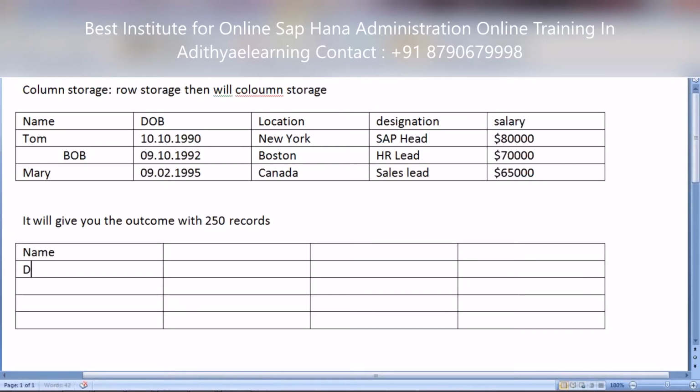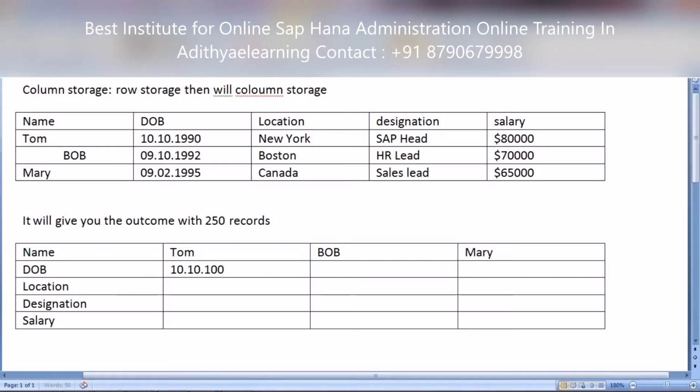Name, DOB, location, designation, salary. Name is Tom here, Bob, and here Mary.